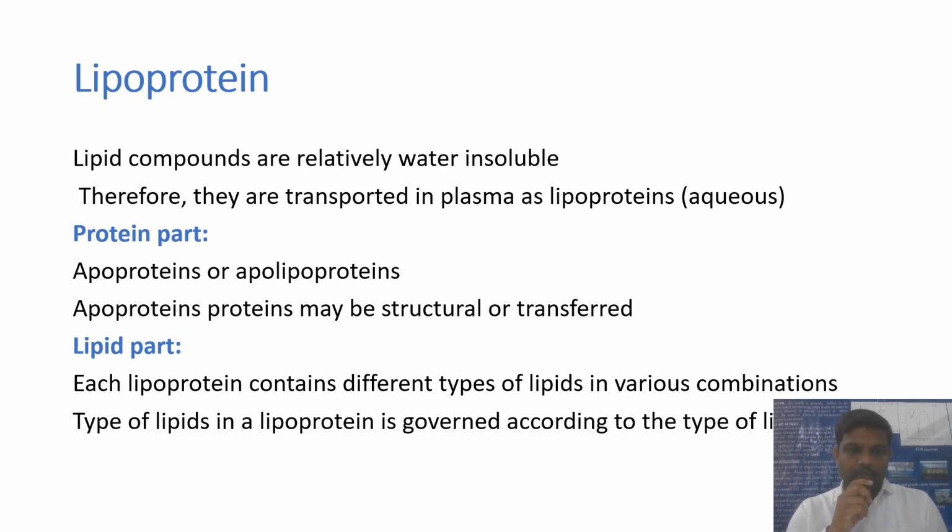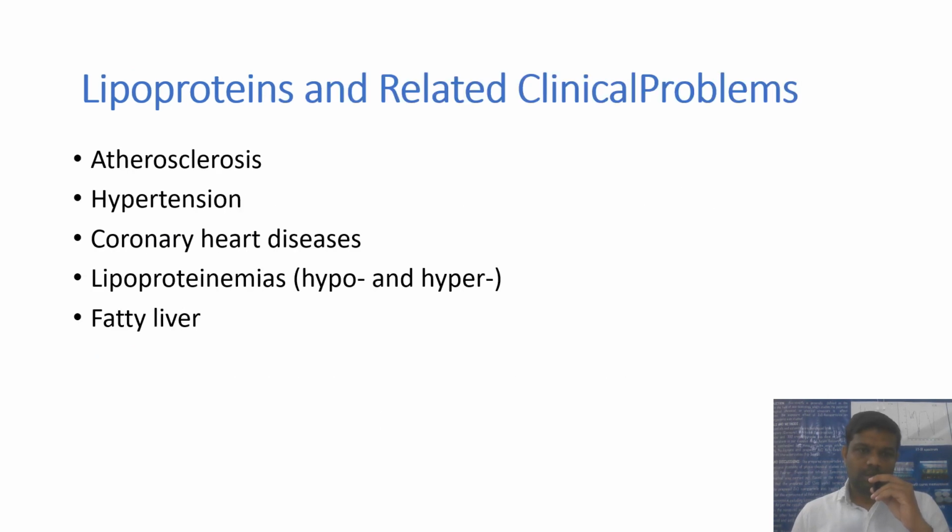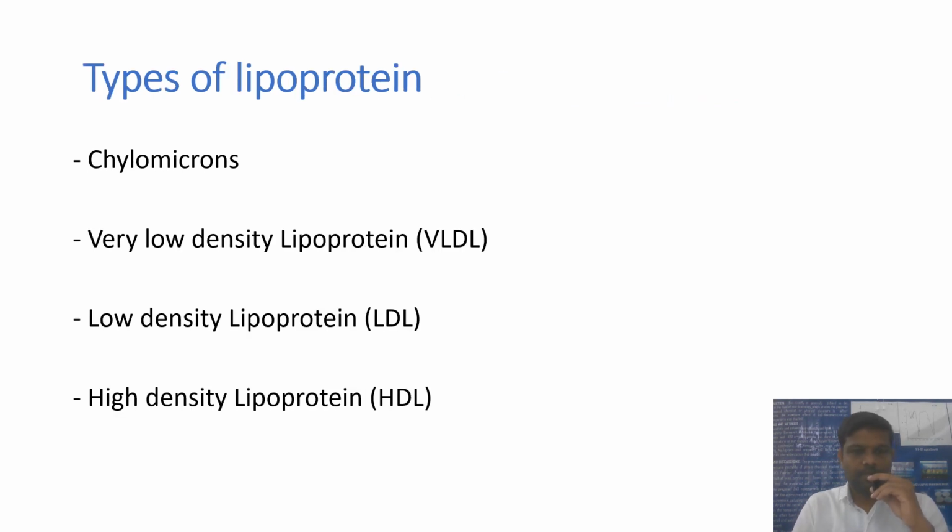On the other hand, the lipid part, each lipoprotein contains different types of lipids in various combinations. In the lipoproteins and related clinical problems, there are atherosclerosis, hypertension, coronary heart disease. Lipoproteinemias include hypo and hyper, followed by the fatty liver. And the types of lipoprotein include the chylomicrons, VLDL, very low density lipoprotein, LDL, low density lipoprotein, HDL, high